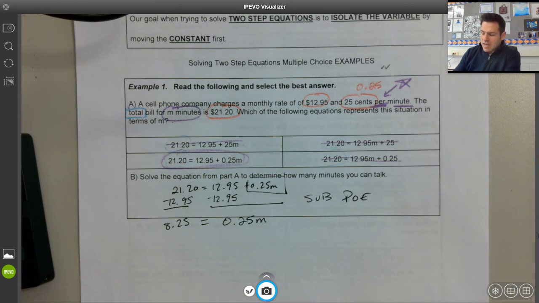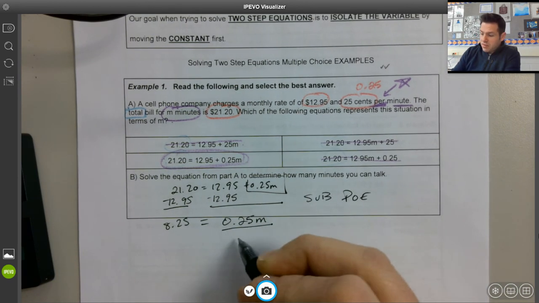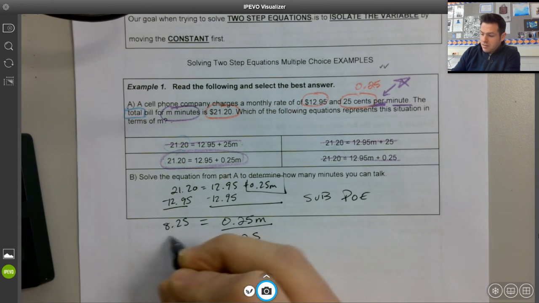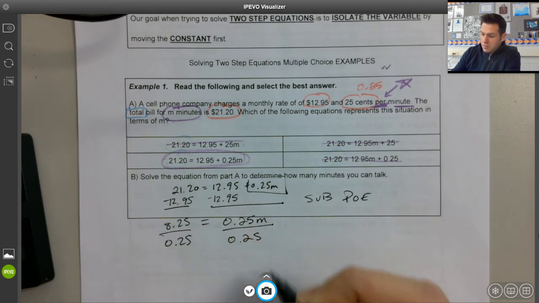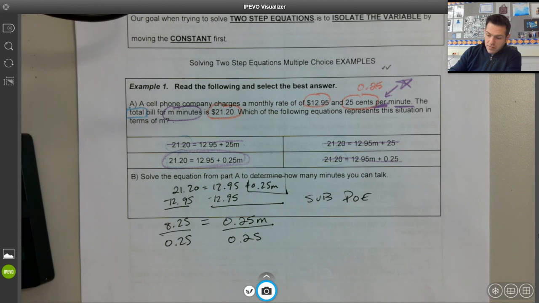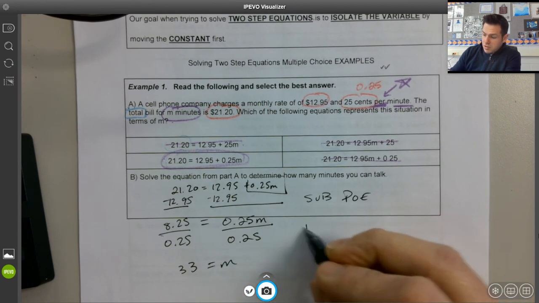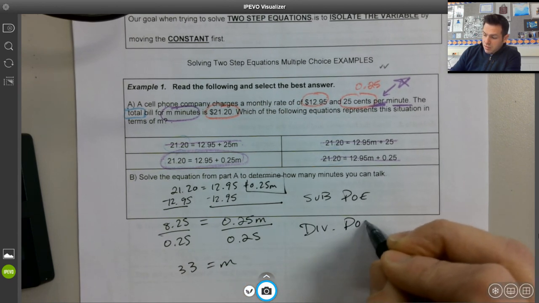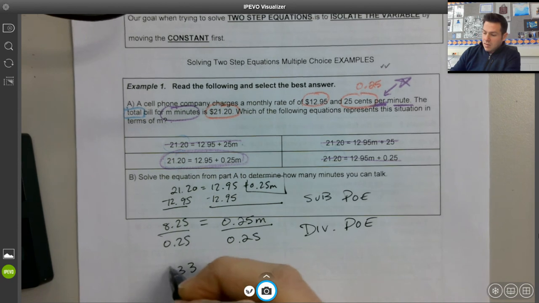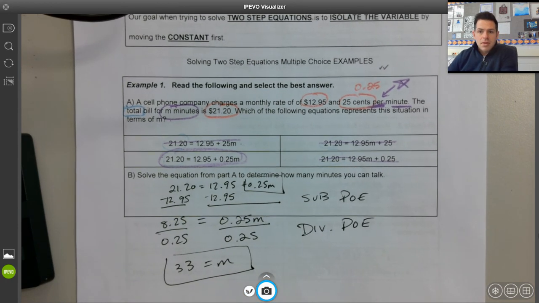0.25 times m, which means the inverse operation would be to divide. And 8.25 divided by 0.25 would be 33. So we just use our division property of equality. We got 33 is equal to m, meaning